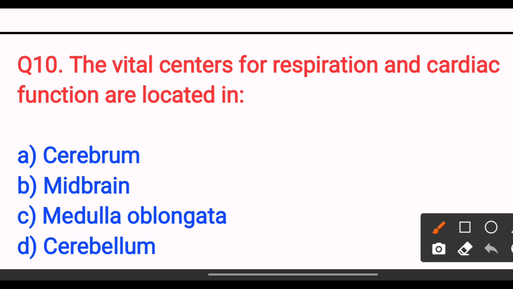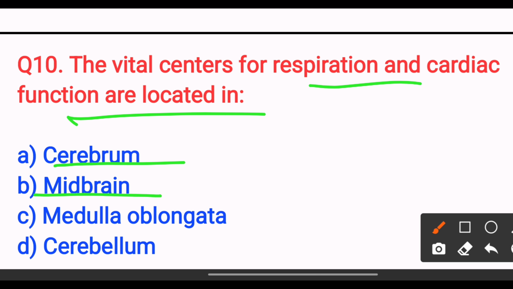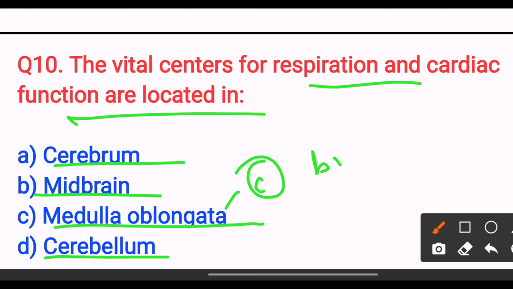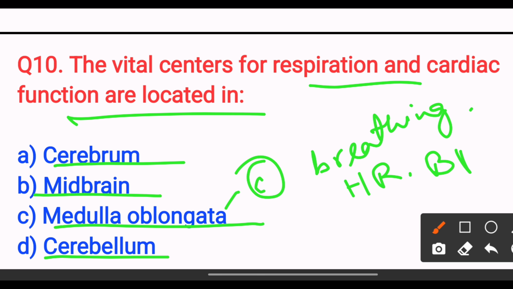the vital centers for respiration and cardiac function are located in: option A, cerebrum; option B, midbrain; option C, medulla oblongata; option D, cerebellum. The answer is option C, medulla oblongata. The medulla controls vital functions like breathing, heart rate and blood pressure. Next,